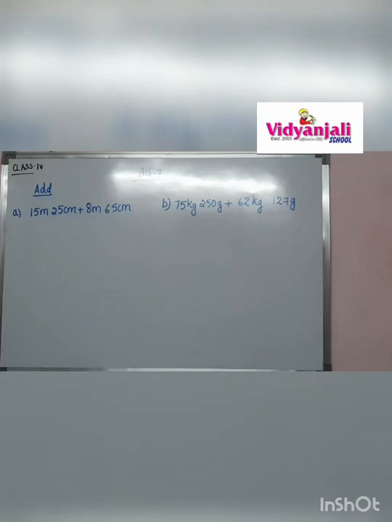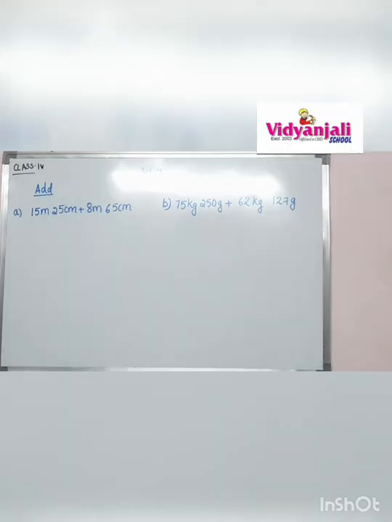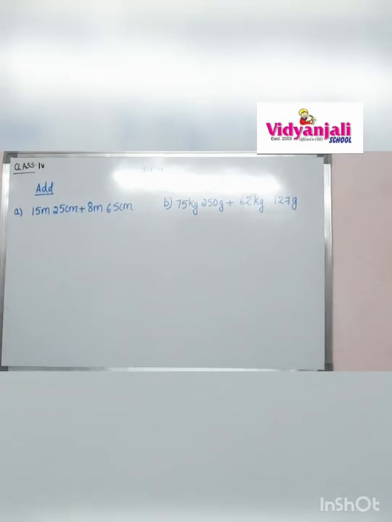Hello children, good morning. In the previous class we did activity number 6. Today we are going to learn activity 7, which has addition and subtraction problems in measurements, either in meters, centimeters, liters, and so on. That means it explains the measurement of length, weight, and capacity, and their additions and subtractions. So here comes activity number 7, the first Roman.